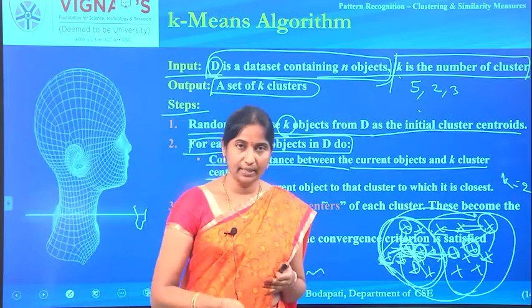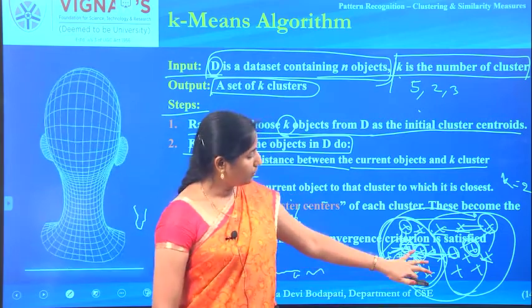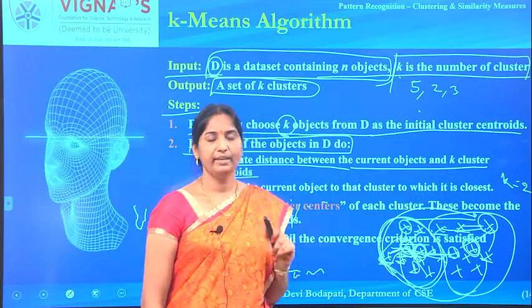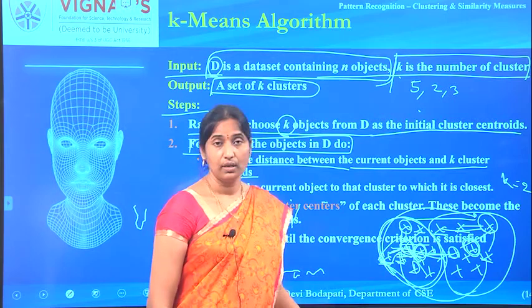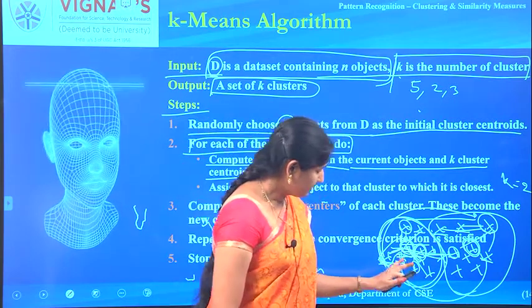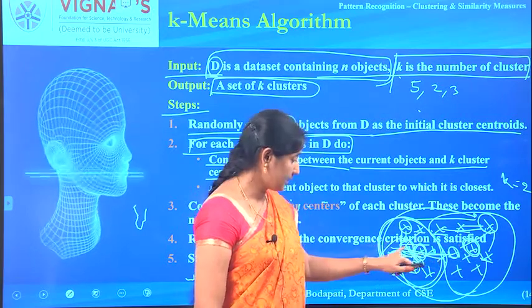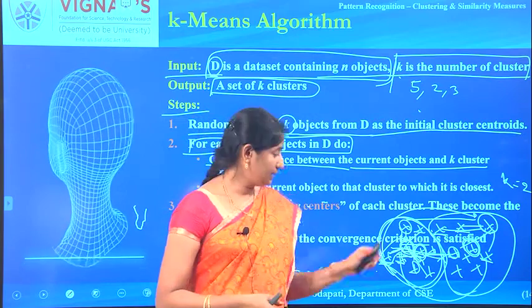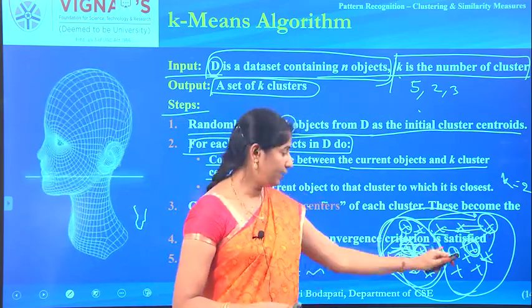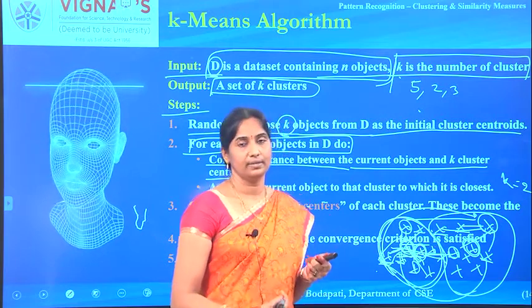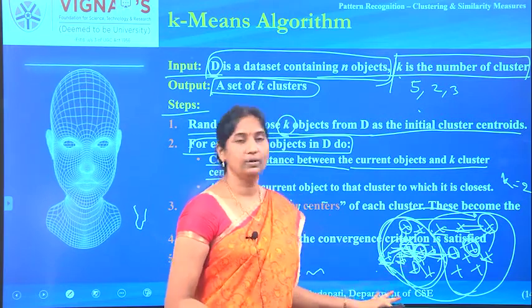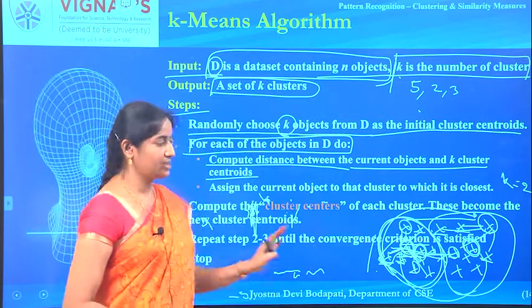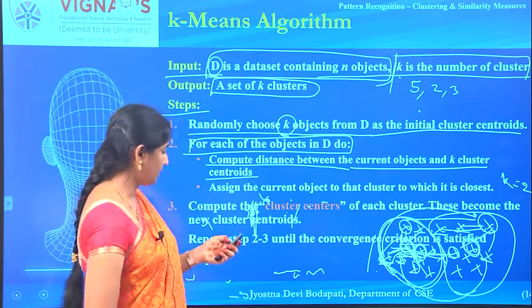Your data is assigned to one of these k clusters, and every object belongs to only one of the clusters. After choosing the initial cluster centers, for every object you find the distance between that object and the cluster centers, and then you assign every object to the closest center. After assignment is done, you identify the cluster centers again, and you repeat this process till the convergence criteria is satisfied, and shortly we will see what the convergence criteria is.